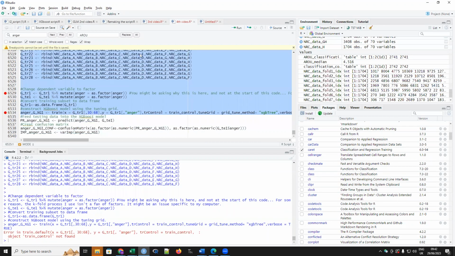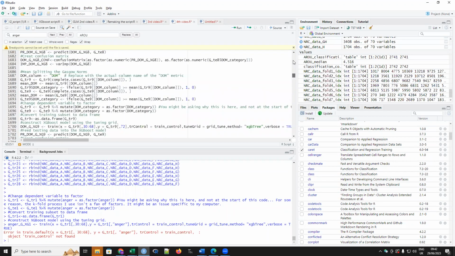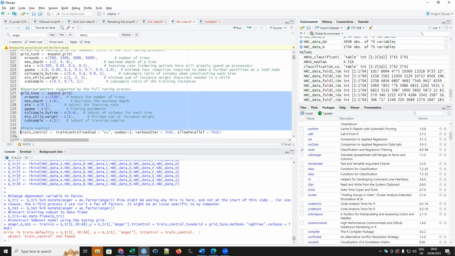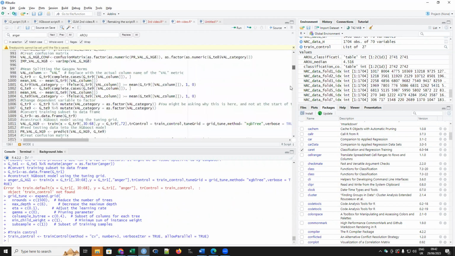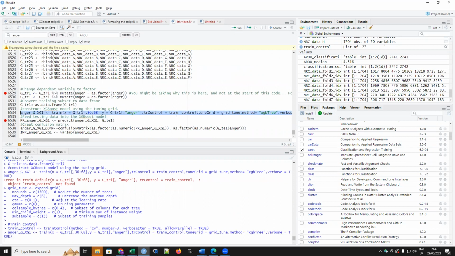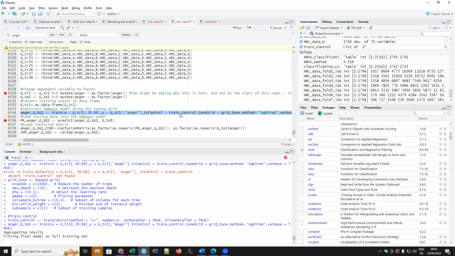Train control not found, because I have to go back and do the train control and the grid tune. Okay, now this should take about 30 seconds, so long as I haven't forgotten to run another line of code. Then what we're going to do is take the testing subset of the data, feed it back into the model, and have the model explain to us exactly how accurate it is.